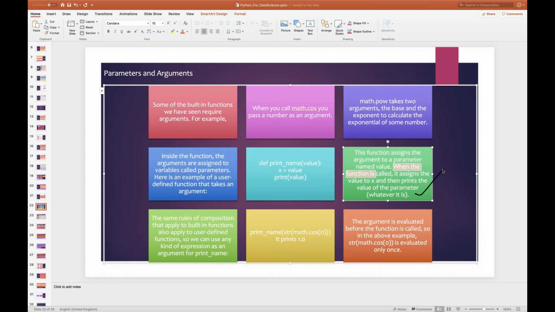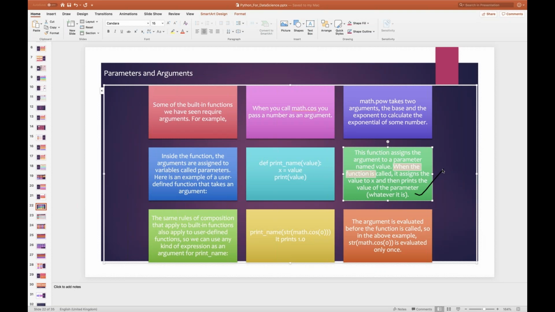The rules of composition for built-in functions will be applied to user-defined functions as well. For any kind of expression, you can call an argument, and the function will be assigned and work properly.